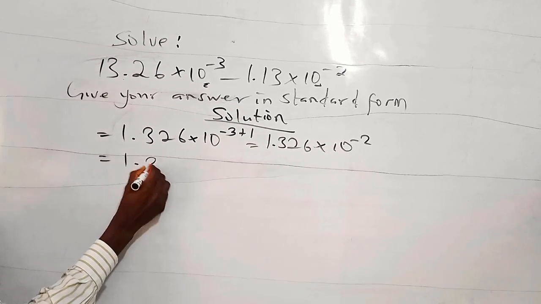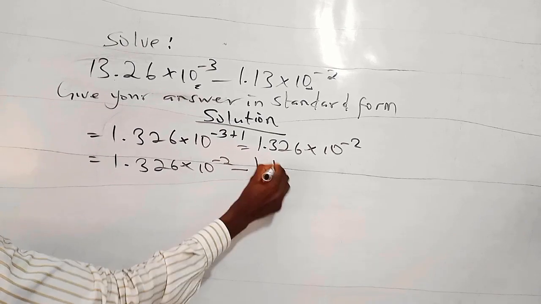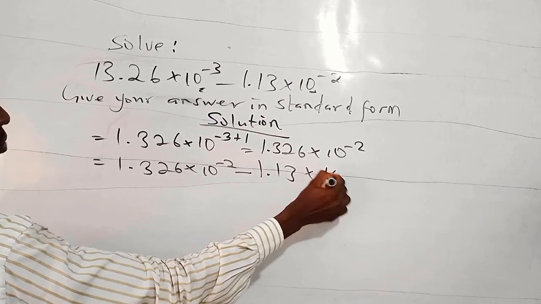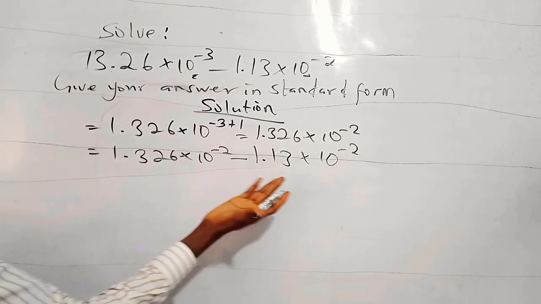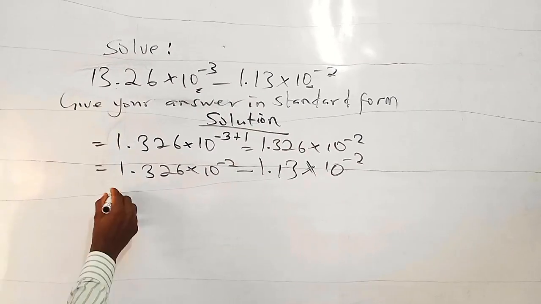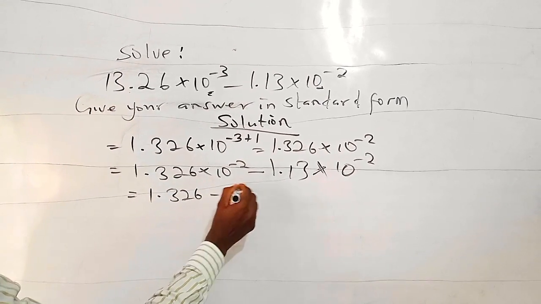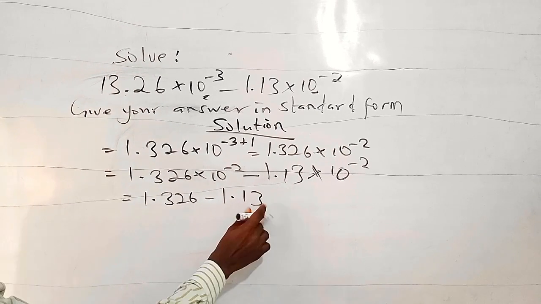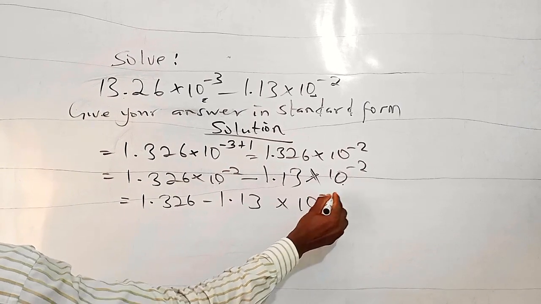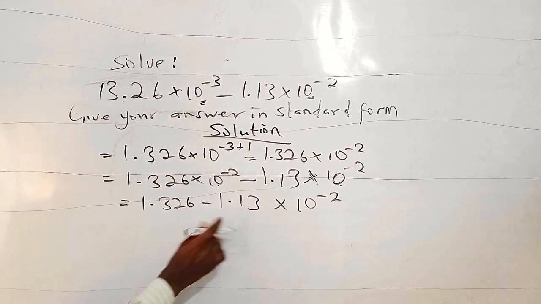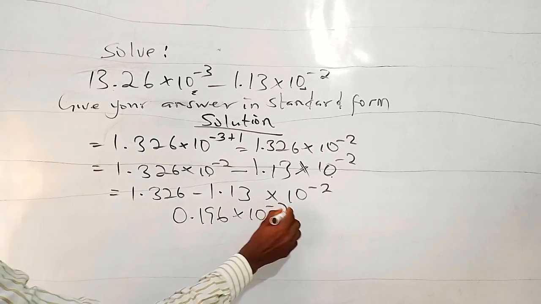So we say 1.326 times 10 to the power minus 2 minus 1.13 times 10 to the power minus 2. The power is the same now. We have the same exponent, so we can subtract. I can compare this and say 1.326 minus 1.13. Now I have the same exponents, so I can pick out 1. By the time you subtract, you have 0.196 times 10 to the power minus 2,